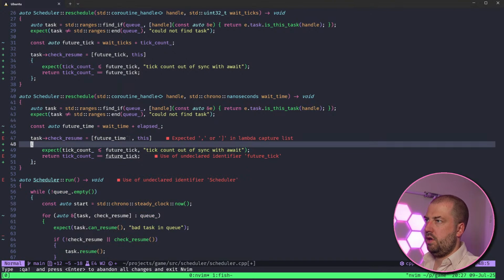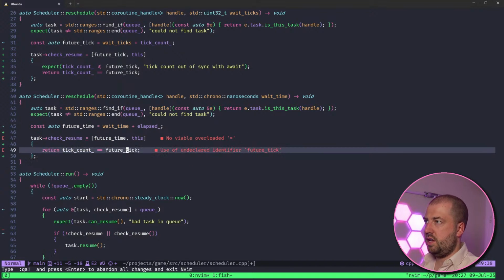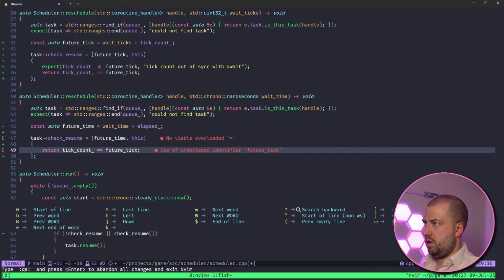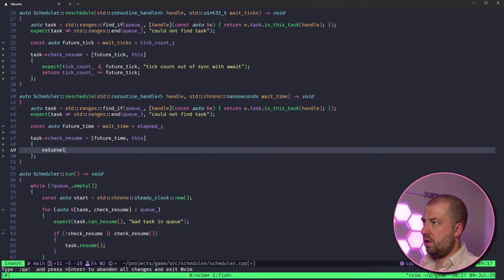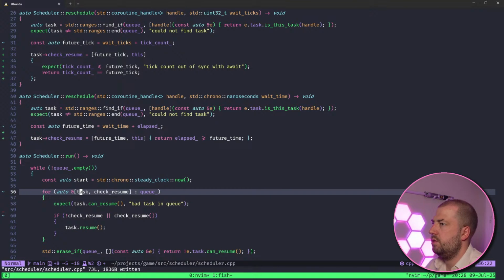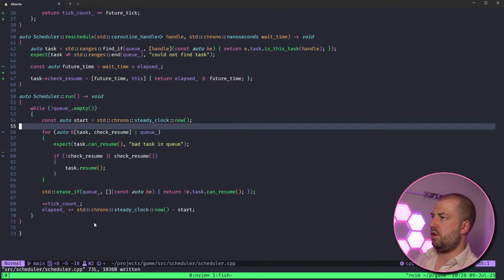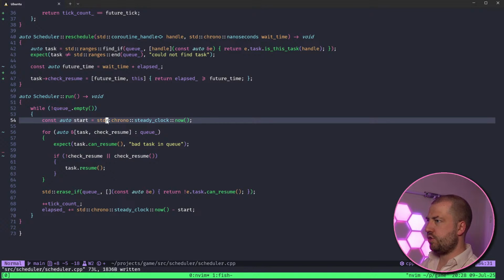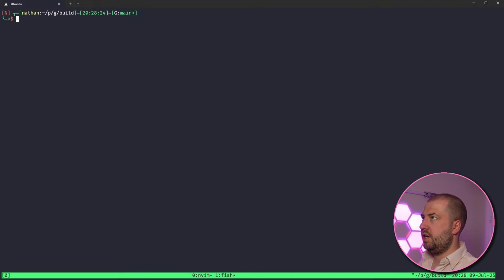Time, and get rid of this, and then return elapsed is greater than or equal to future time. That should shrink down. Okay, so I think that's a little bit nicer. So hopefully, again, our coroutine schedule loop is absolutely, this works. It's pretty tiny.